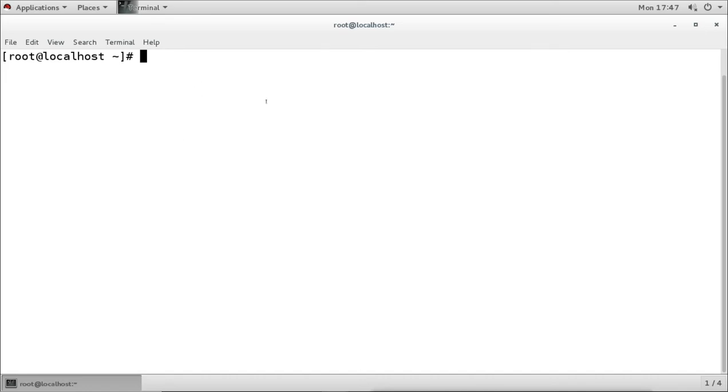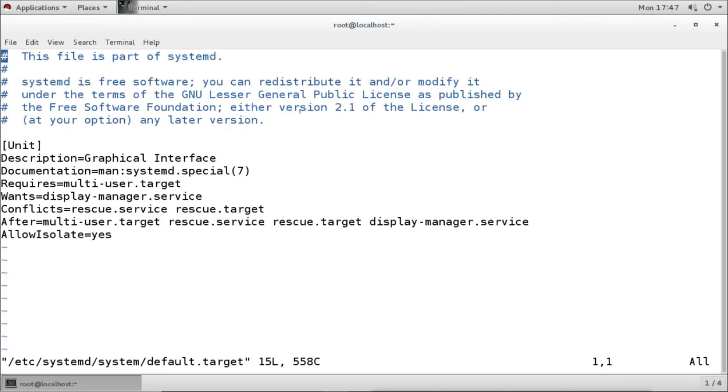When systemd runs, it first checks the default.target file under the /etc/systemd/system directory. It is a configuration unit. When you see the file, you can see it is a small configuration, and it defines that this is a unit file. In the description it says it is a graphical interface, which is why when we start the system we get the graphical interface.